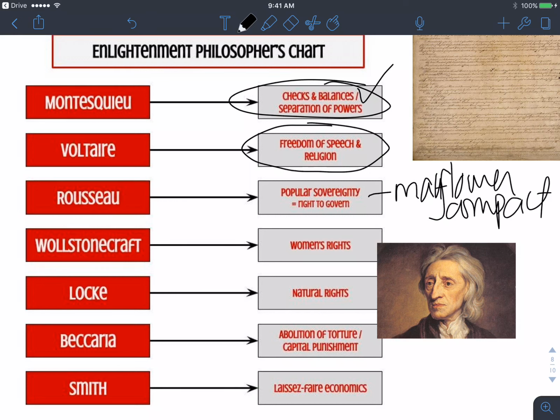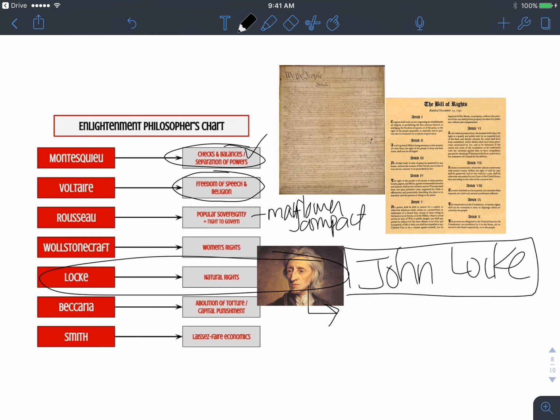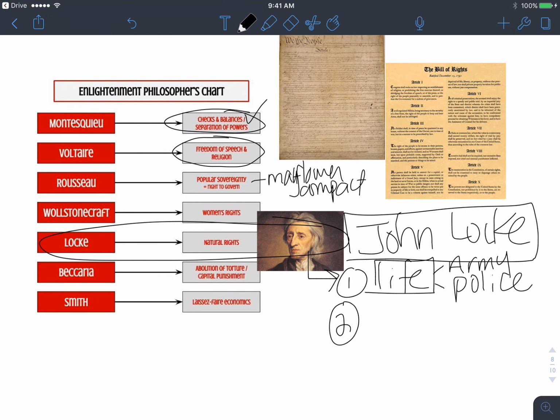And the big one we're going to focus on is Locke. Okay? John Locke is someone you need to know for the Regents, for life, all of that good stuff. So John Locke, his basic argument about humanity and governments is that governments need to protect the life of its citizens. So here we can think about having an army to protect us from invaders, and internally to keep domestic peace, we have a police force. So we have life, liberty,